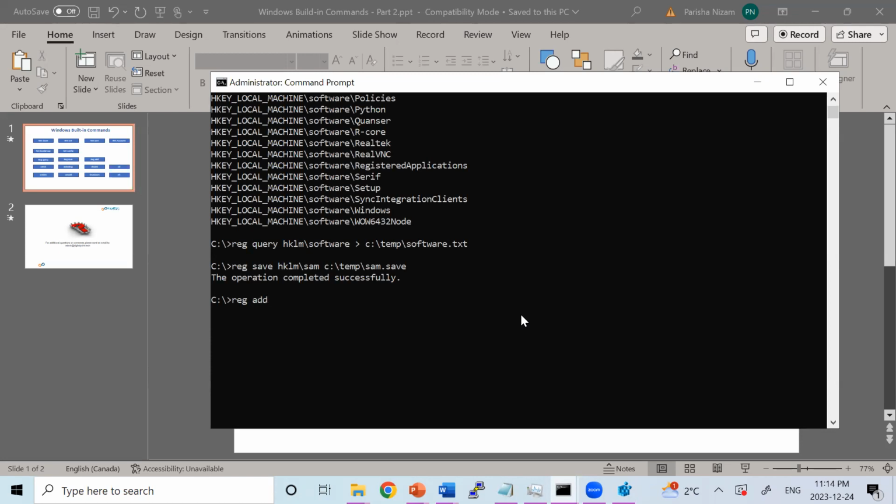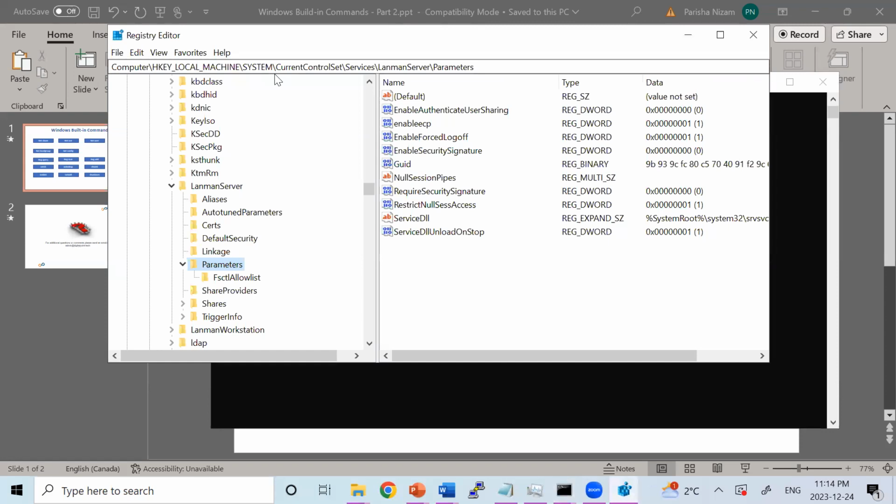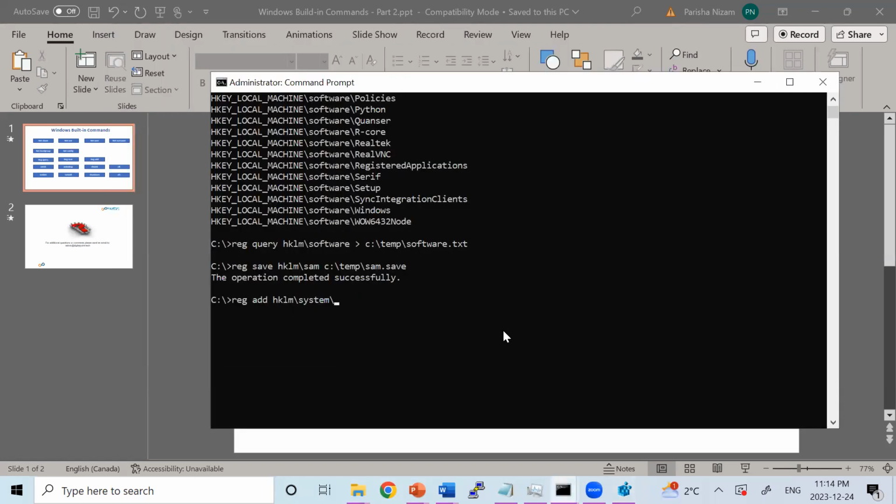So let's say reg add, and I say HKLM. We have to write down that path, right? System, let me see what is that. So this is the system, then CurrentControlSet, Services, LanmanServer, Parameters. So you have to type the whole path here, right? So system, CurrentControlSet, then slash, let's say Services, and then LanmanServer,